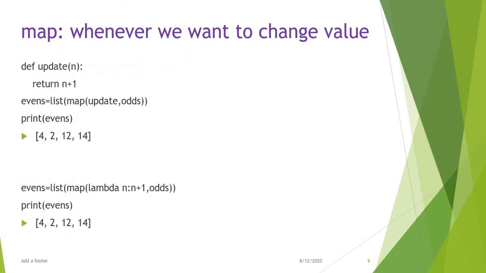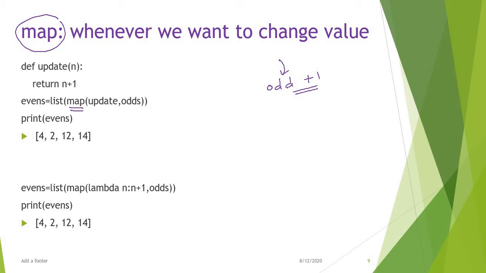Then the second one, the map method. I want to modify all the elements. In such cases, I can go for map. Whatever odd numbers I have filtered out, I want to add +1 to each and every entry of this odd. This odd is basically a list. I want to add +1 for each and every element of this odd.